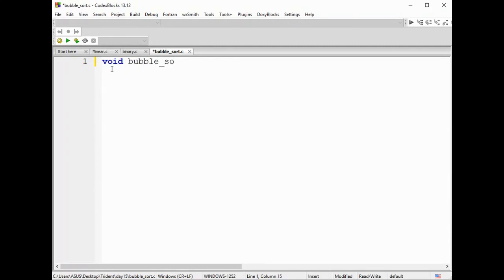Bubble sort. Here, let us assume for this function, you're going to accept two parameters. One is your array and one is the size of the array. So let me write the header file, hash include stdio.h. And this is your function logic which you're going to fill.